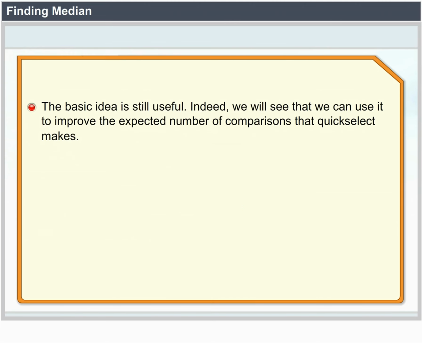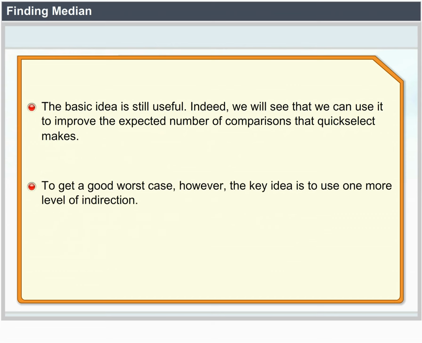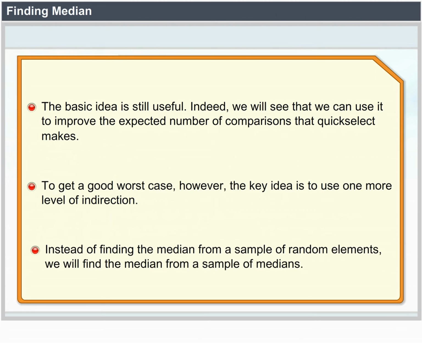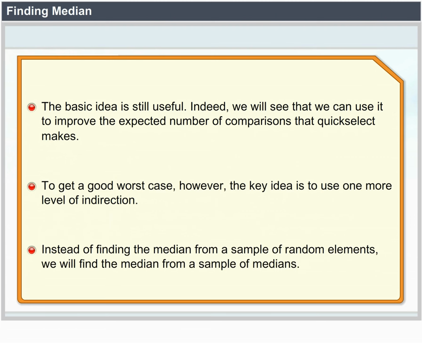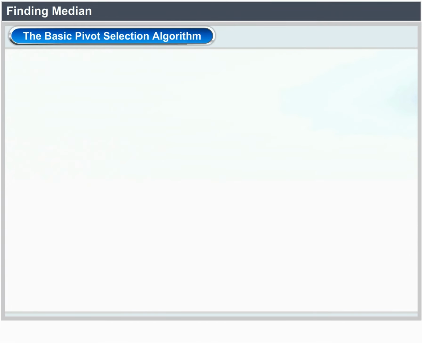The basic idea is still useful. Indeed, we will see that we can use it to improve the expected number of comparisons that quickselect makes. To get a good worst case, however, the key idea is to use one more level of indirection. Instead of finding the median from a sample of random elements, we will find the median from a sample of medians. The basic pivot selection algorithm: